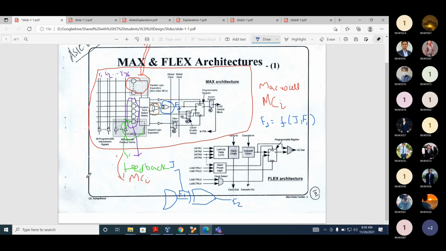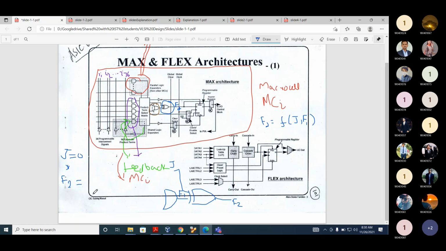So now let's assume J is 0. What will be the value of F2? There are two possibilities.